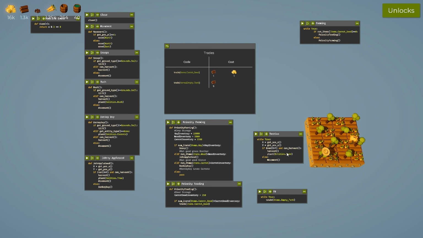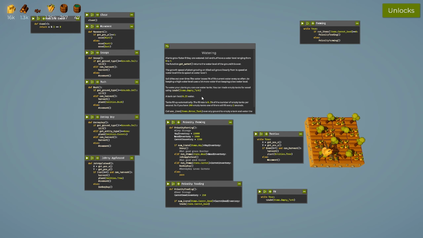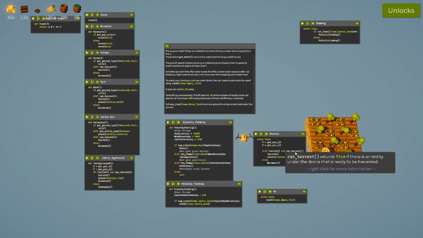So if we do harvest, plant, and then we come back to here, where's my watering? And then you call, okay, so do that and can harvest. Can I do an 'and if'? No. Okay, I think I do it up here. So I think I changed this to an elif, right? Elif. And then I do if